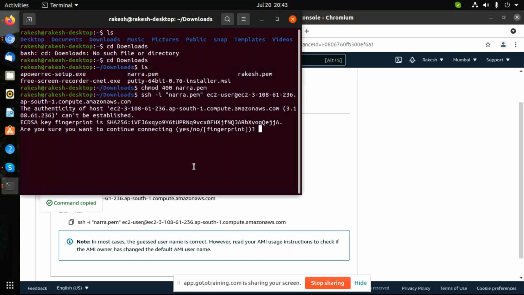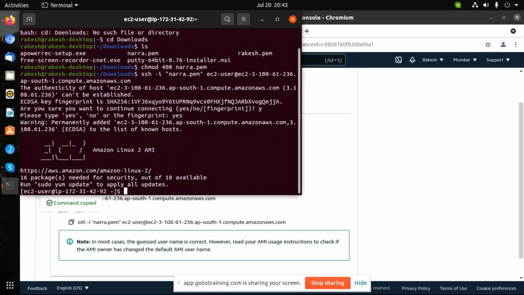Say yes. So that's it. This is how you will log in if you are using Linux or a MacBook. Now you are inside your EC2 instance, so you need not download PuTTY.